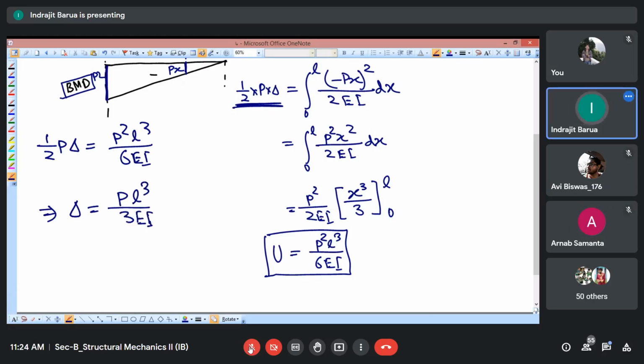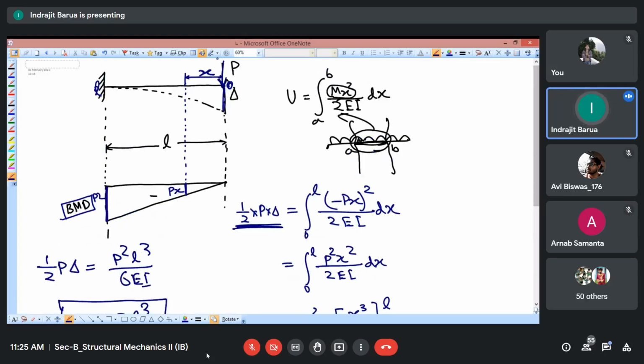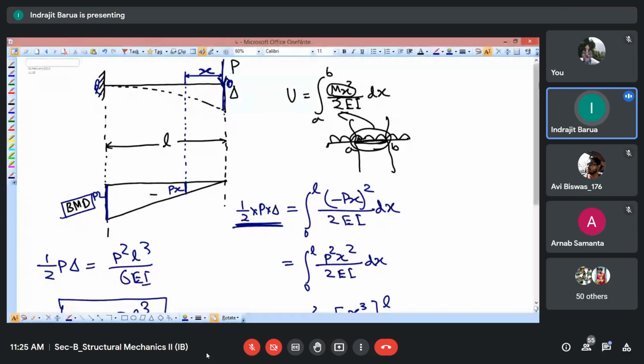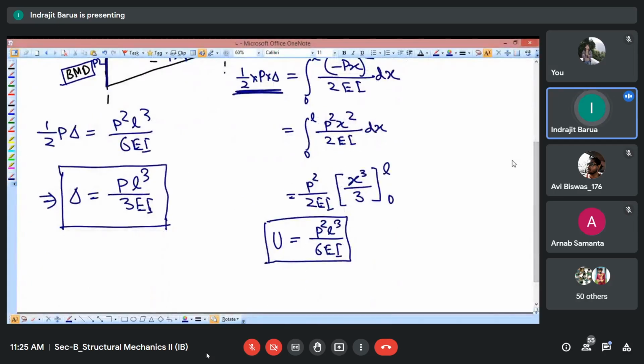Now you can use moment area, you can use slope deflection. There are many methods which you will be learning in future, but this is just to understand what is happening. This is one of the very common cases you have seen in many problems: a cantilever with one concentrated load only at the free end. For all these types of cases, you can always use these expressions directly. There are certain expressions for every combination. You cannot remember all your equations, but these are something which you need to remember. This is one of the very standardized cases.